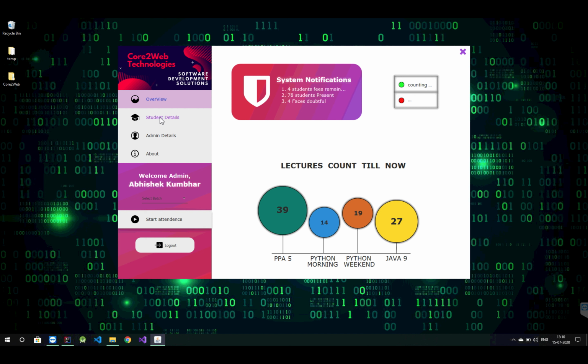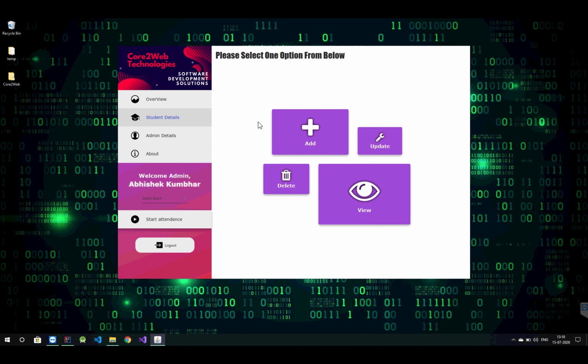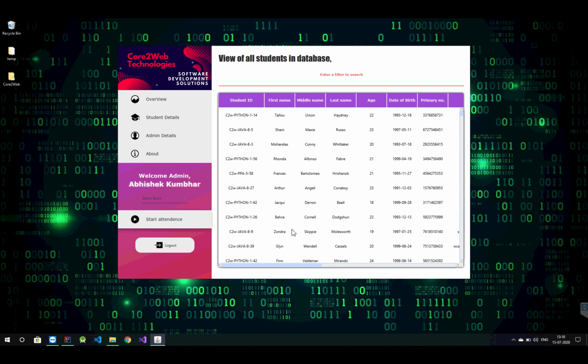Now let's move to the student details tab. Here you can see 4 beautiful buttons that when we hover over them their background gets white. So these are basically the CRUD operations: create, read, update, delete. Let's see the view. As you can see on the view table, it took a bit of time to load because we have predefined a lot of entries in our database, over 1000 entries, so it took a while to show up.